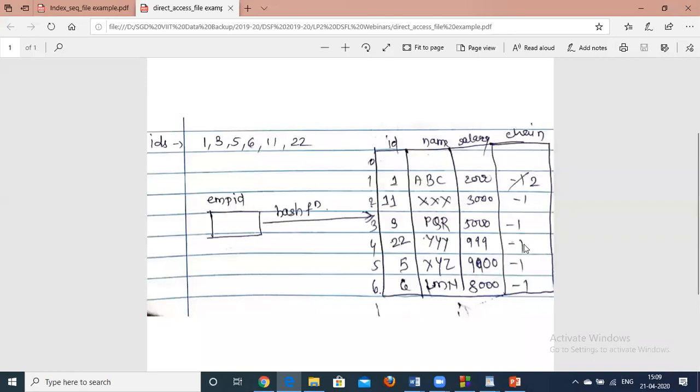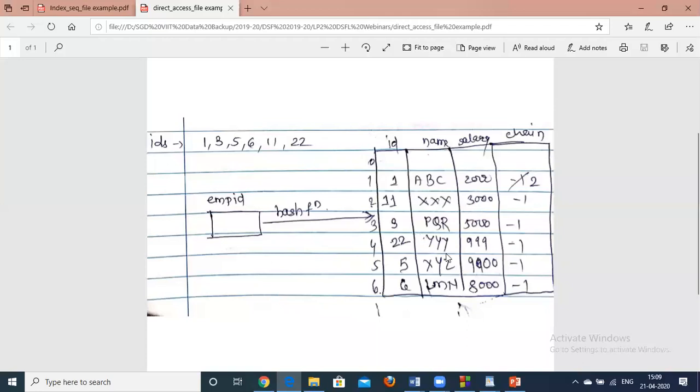If you would have been using the chaining with replacement algorithm, 11 may have been shifted here and 22 may have been inserted here, but now we are using chaining without replacement, so we will insert this 22, the current record, at the next available place. And here the chain of 2 is starting at position 4 now. Clear?